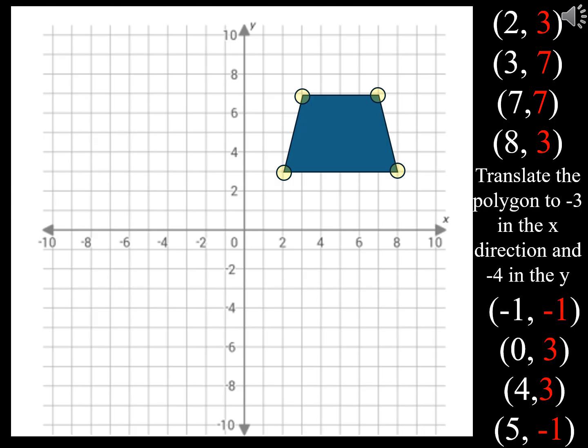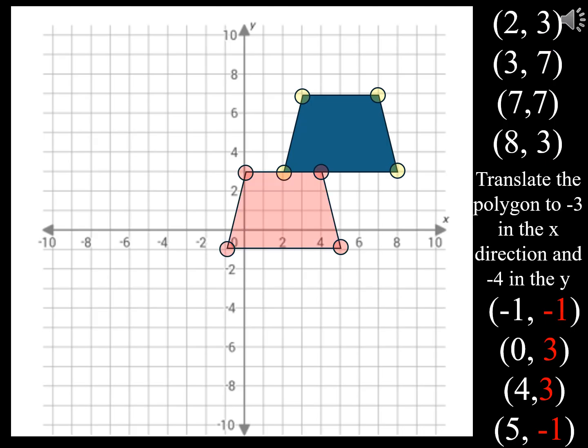7 minus 4 is 3. 7 minus 4 again is 3. And then 3 minus 4 is -1. Now we have the opportunity to double check our work and ensure that we translated the polygon correctly both ways. So the first way, we just slid it